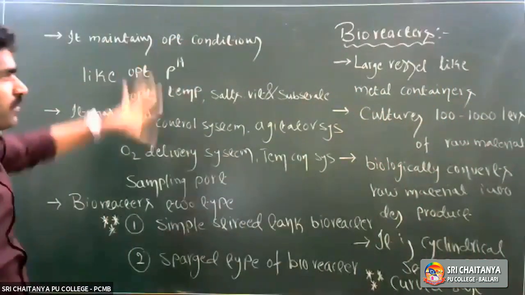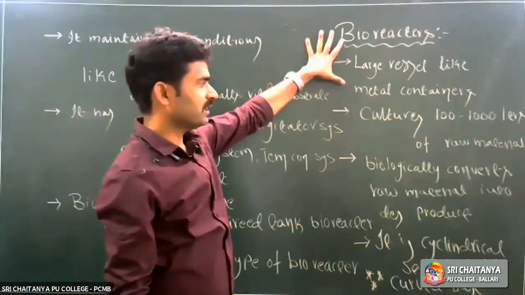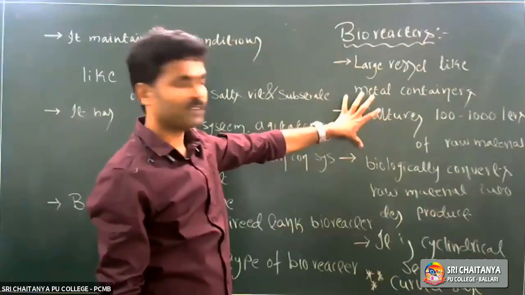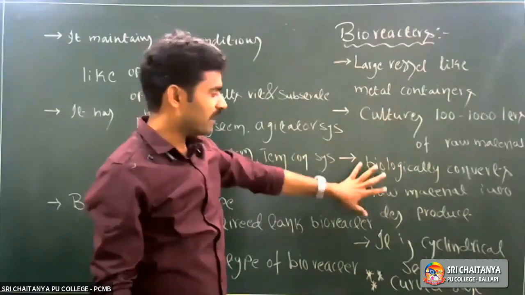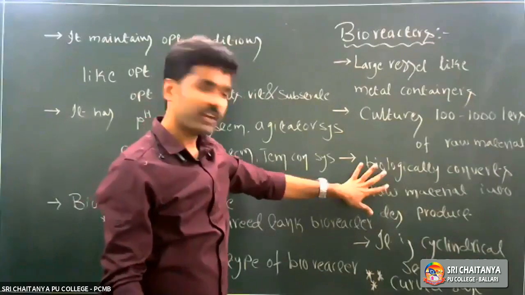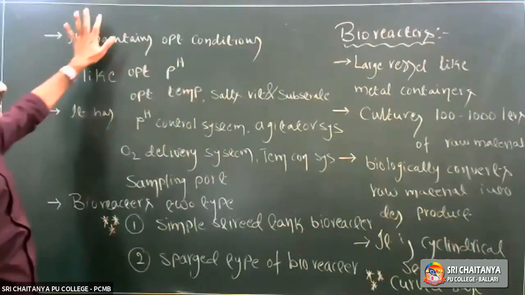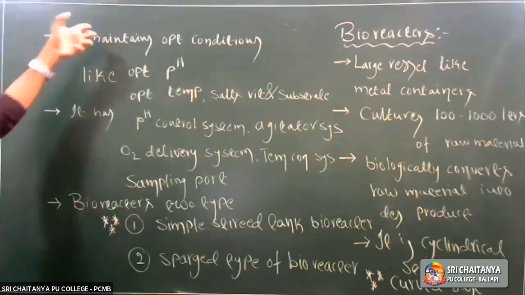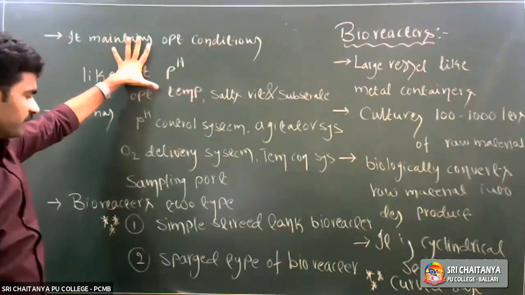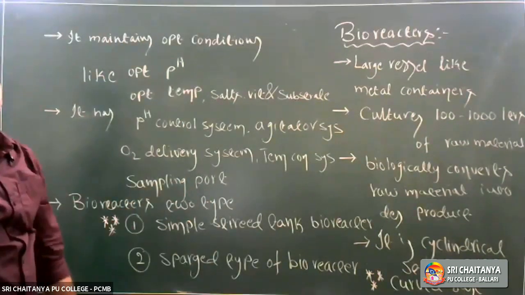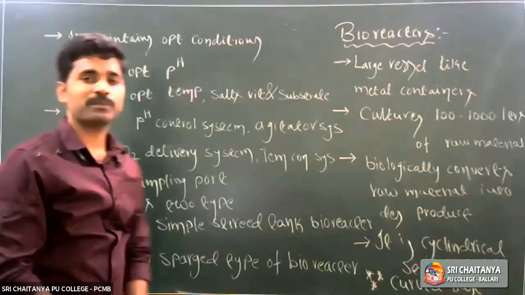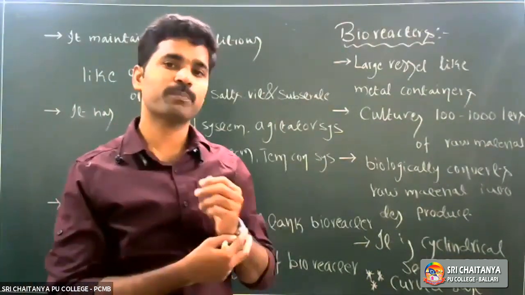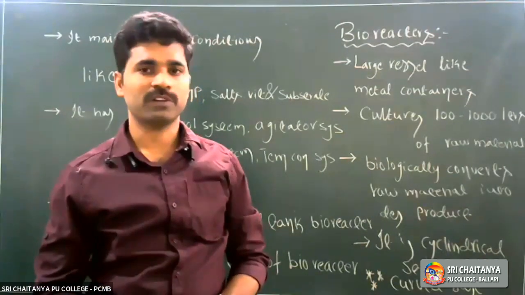Just you have to write this information. What are bioreactors? How much raw material is converted into desirable product? What is the capacity of the bioreactor? What will happen in the bioreactor? What is the structure of the bioreactor? How does it maintain optimum pH, what type of specialties we observed in that bioreactor, how many types of bioreactors are there, right? So this information we discussed, but diagrammatically, the bioreactor information and the overall rDNA procedure we'll see in tomorrow's class, right?